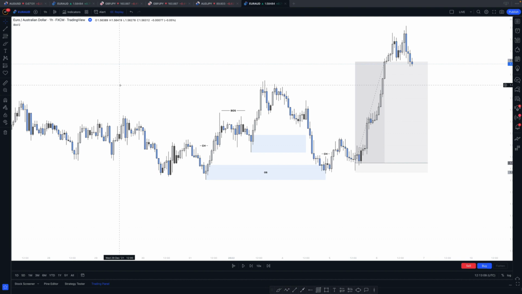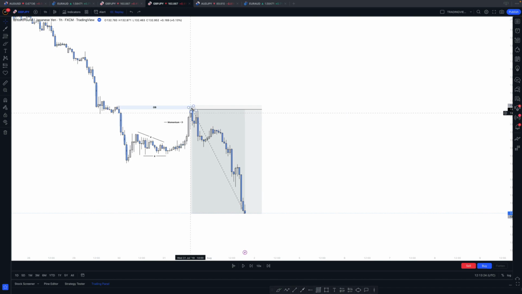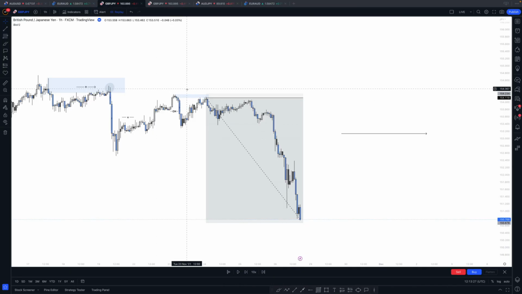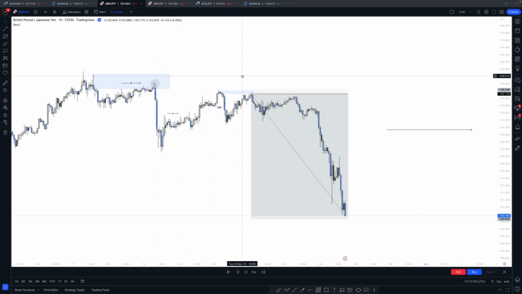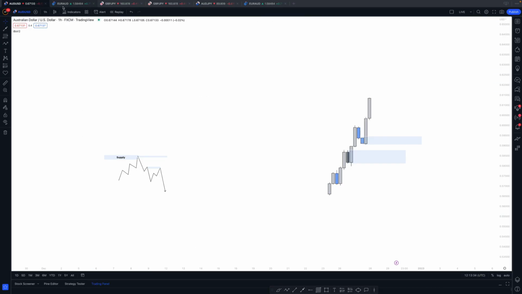I do not know what was here. I have prepared something for you, but I think we did everything. We did double confirmation entry as a reversal, we did double confirmation entry as a continuation, we have done hybrid entry as a continuation, and we have done hybrid entry as a reversal. So we have everything, and I have shown you examples. I think this was an extra tab that was not supposed to be here. Yeah, there was nothing here, so it's good. I didn't forget anything. But basically that's it, guys.